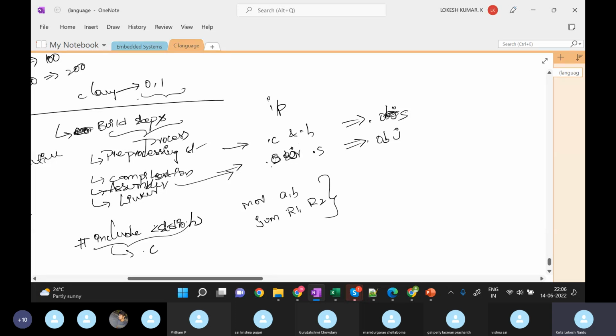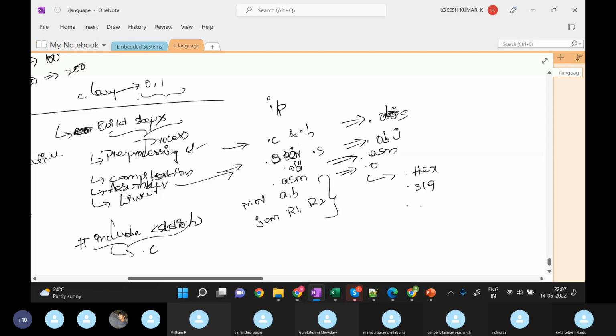Then from .obj to .asm, and finally from .asm to .o at the linker stage, and then the .o files get converted into .hex files